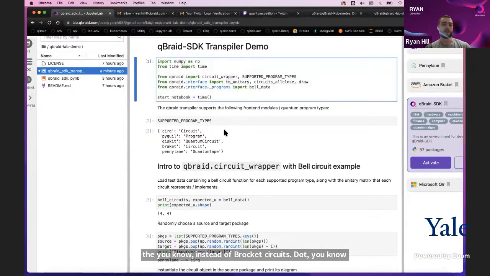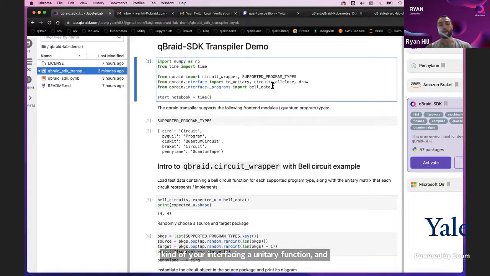Calculate unitary dot to unitary or circ dot, each module has their own version of it. And for me, it was hard to keep track of all of them in my head as a developer. So the 2 unitary is your interfacing unitary function, and circuits.allClose is a pretty helpful testing module where